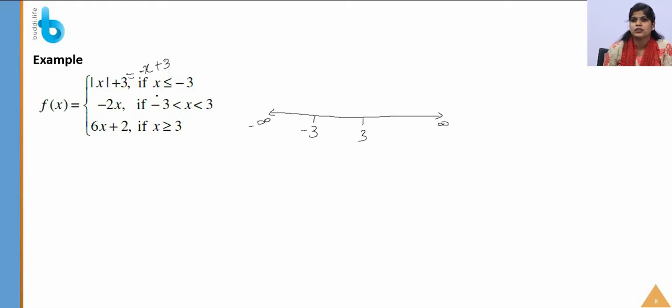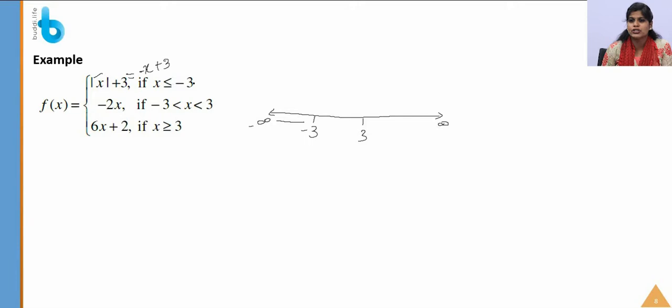Even in the previous chapter I told you why modulus of x is minus x. Modulus of any value will be the absolute value of the number, right? But why is it minus x still? I have explained this in your previous chapter. If you have not yet seen, you can always visit the Buddy Academy website and refer to the video. So in this interval they have defined the function like this.